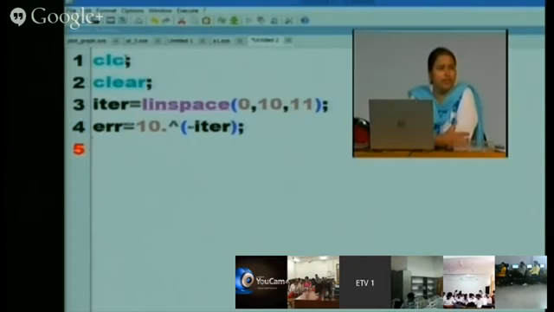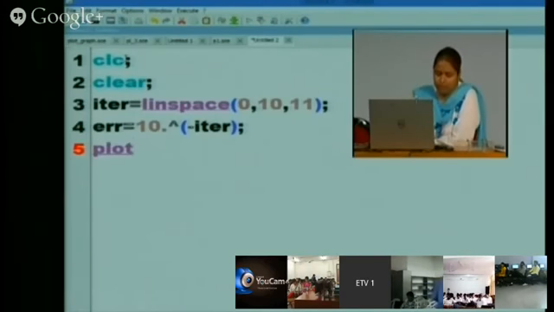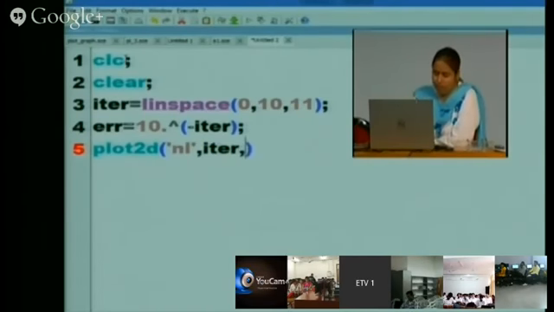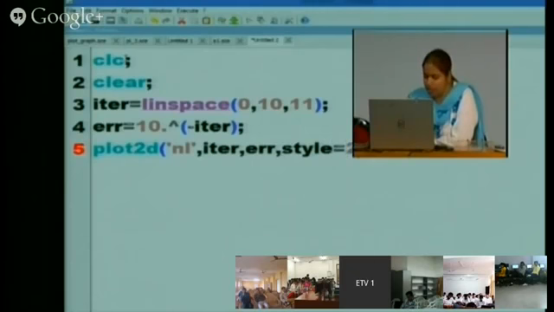I'm creating this error. Set current figure, you want to do or not. Then plot 2D, double quote NL, comma, iteration, comma, error, comma. Now here I am giving the line color style equal to 2.